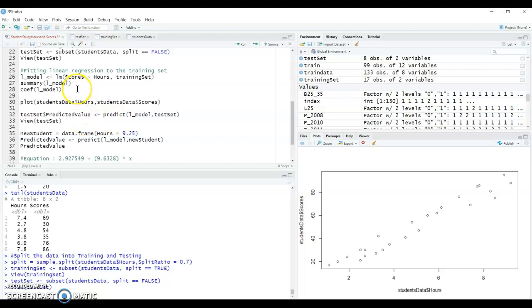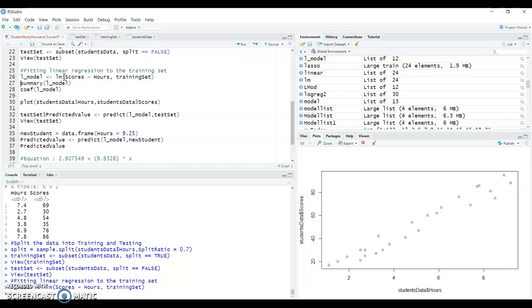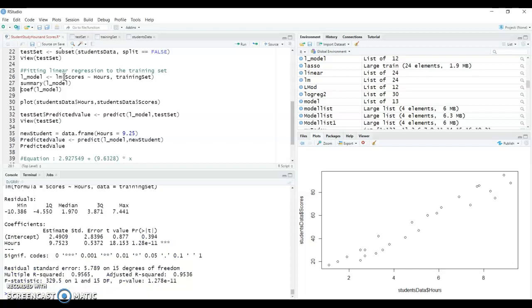and we can place the dependent variable on the left side and all the independent variables on the right side, and we are going to build the model using the training set. So this is the simple function. We are going to build the model, and we can get the summary of the built model by using the summary function, and we can interpret